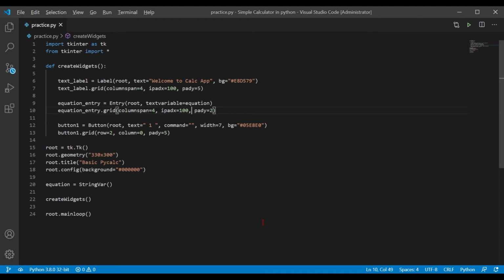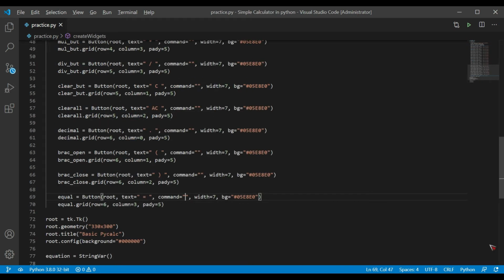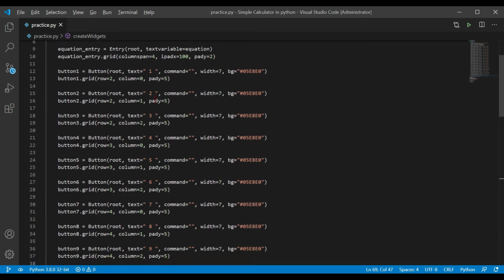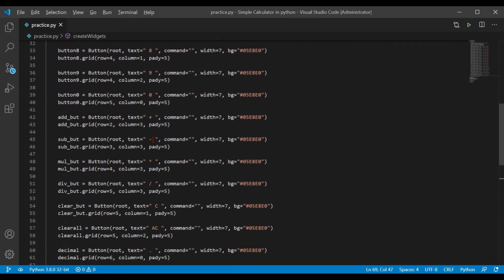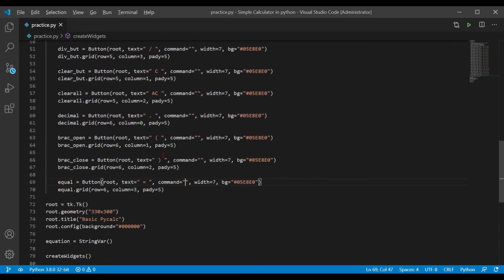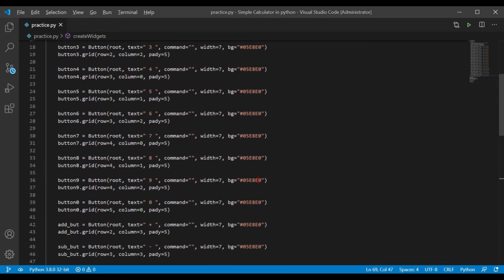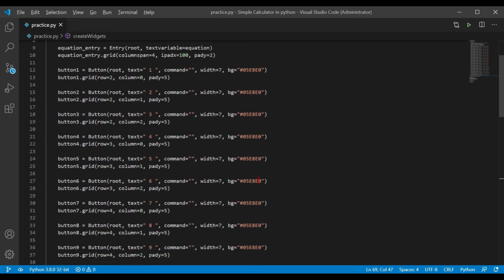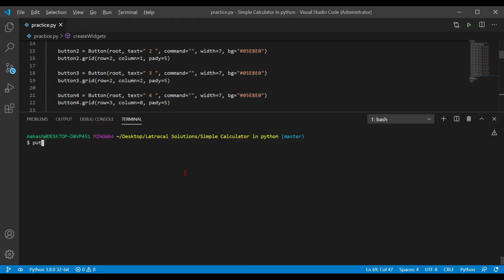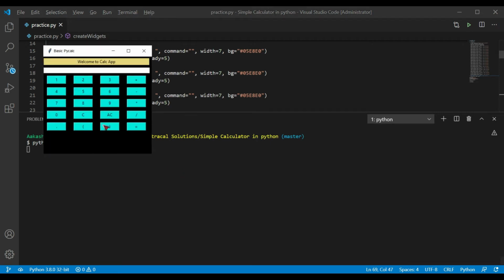I don't want to create the button every time, so I'll copy this button and change the text for that button. Okay, I'm ready with all the buttons I need. I need button 2, button 3, giving 1, 2, 3 as text, and also plus, minus, multiply, divide buttons, clear and all clear buttons, decimal, bracket open, bracket close, and equal button. So I'm ready with all the buttons. Now I'll be proceeding with the commands of these buttons, and I have placed these buttons accordingly. You need to place it accordingly. I don't think it would generate any problem. Let's see how it looks right now. It looks perfect, right? 1, 2, 3, 4, 5, and so on.